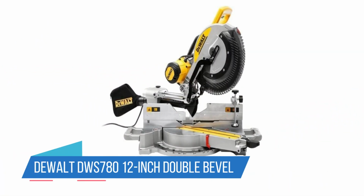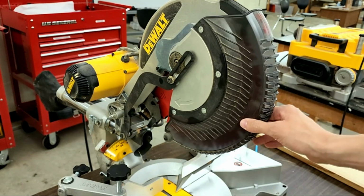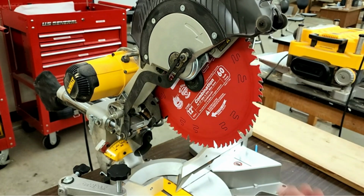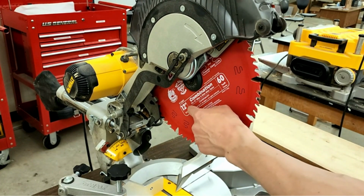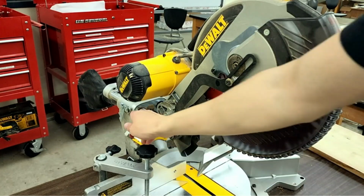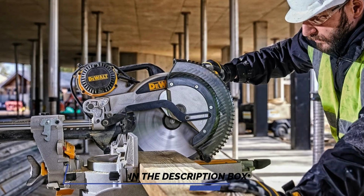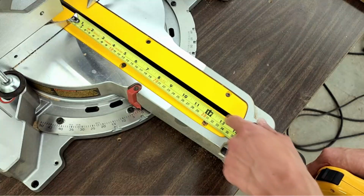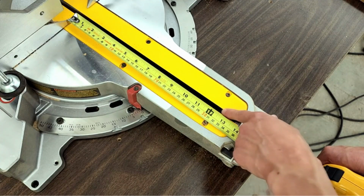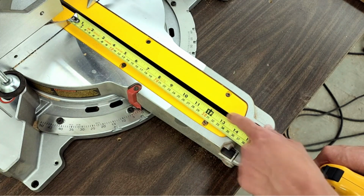Number 3. DeWalt DWS780 12-inch double bevel sliding miter saw. The DeWalt DWS780 isn't a cheap miter saw, but for home users who are taking on their own remodeling jobs, building decks and pergolas, or making furniture regularly, it should soon repay the investment, and you may want to look at our guides to orbital sanders and laser levels, as well. With a maximum cutting height of 6¾ inches and a width of up to 13¼ inches, it will handle all